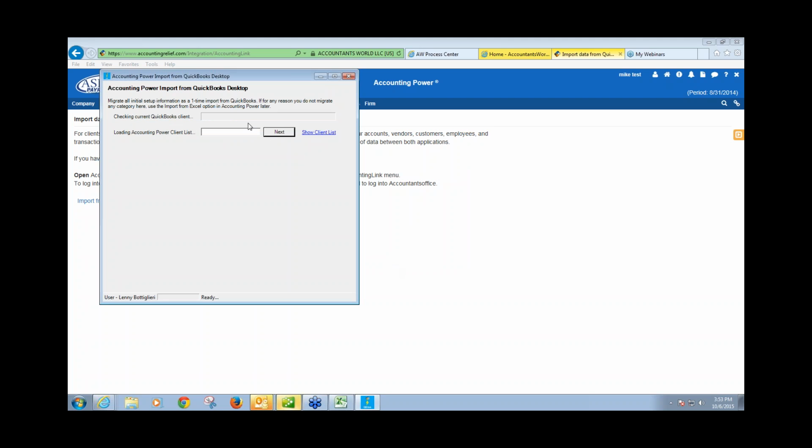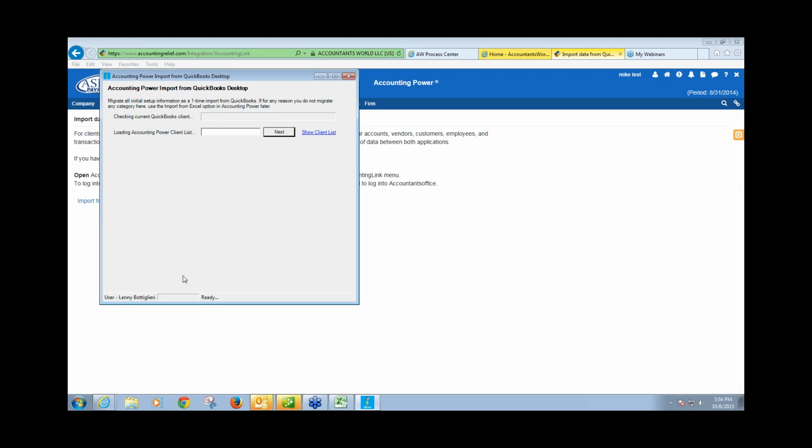Now this screen here is the first screen that comes up, and it's two lines. One's a gray shaded area where Accounting Link is looking for the QuickBooks desktop program opened on your local drive. Again, that's very important, your local drive. So if you have QuickBooks loaded onto your server and not on your local, you would need to install it with the client data on your local drive. Okay? And then the second line would be where you're giving the name of the client that you have listed